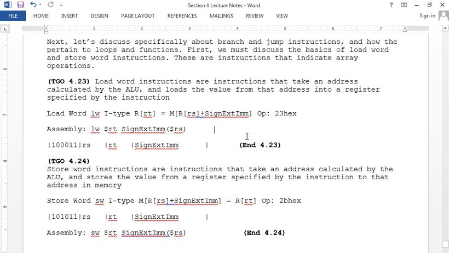So if we have load word, the opcode is 23 hex, which I've indicated here. And so the immediate value, the actual binary representation, machine code language, is this. Now, store word instructions. So if I have a value load, let's see if you guys,